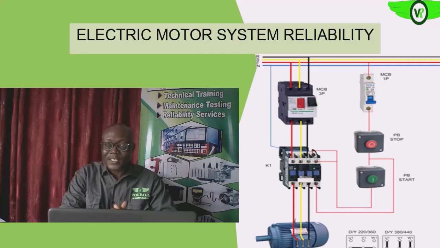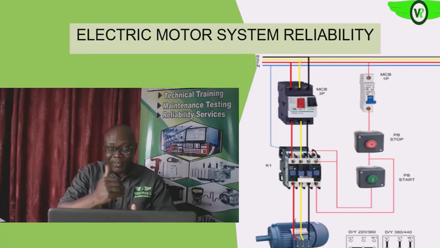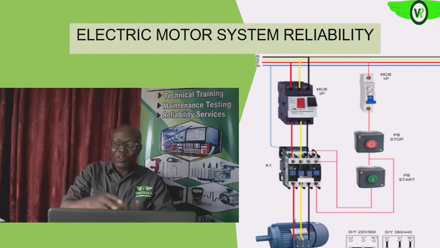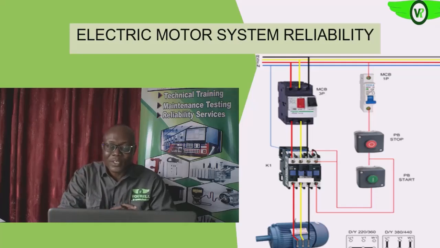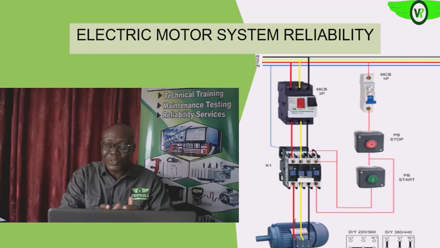Okay, that is the ability to deliver as and when it is needed. Okay, what is expected of it to deliver. Okay, so that is the reliability of the electric motor system. But as we will see later, there are various components in this electric motor system. So one of the mistakes that we often make in asset management is that we look at these components in